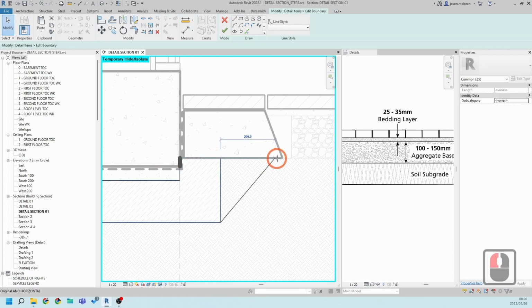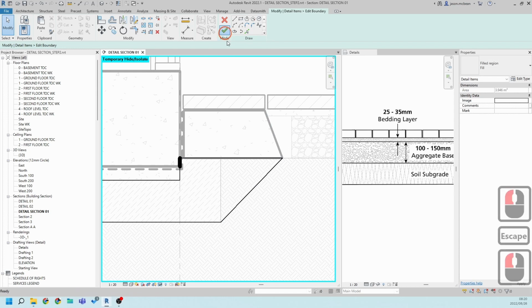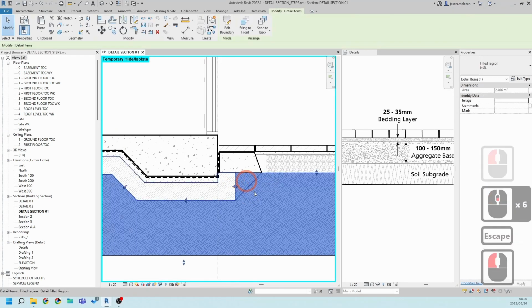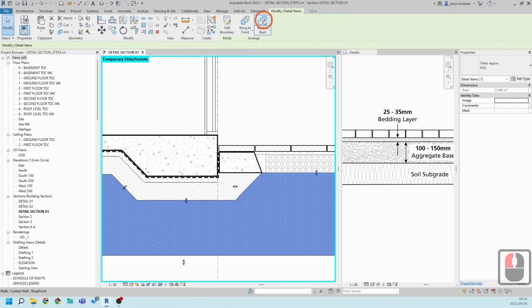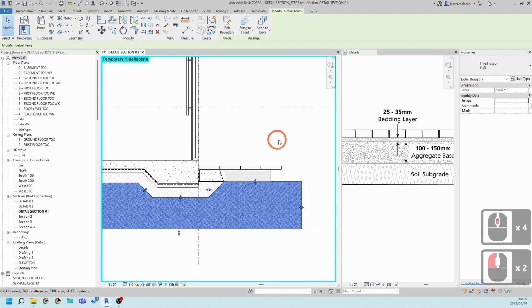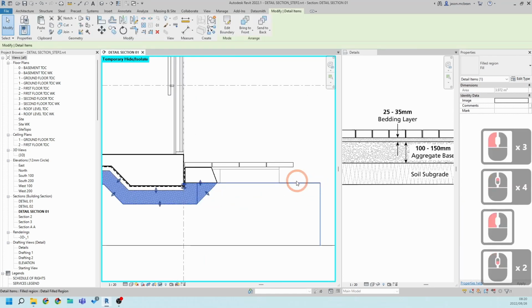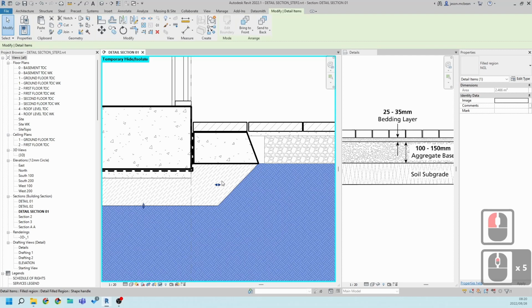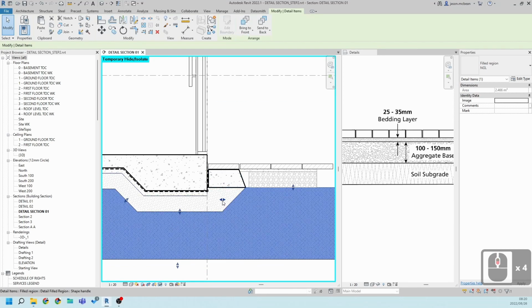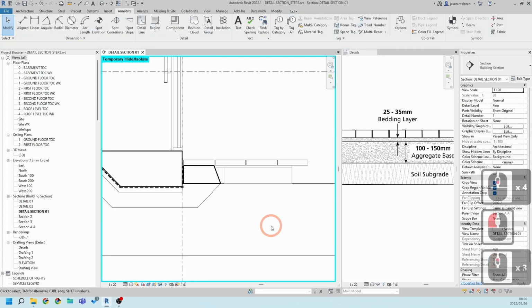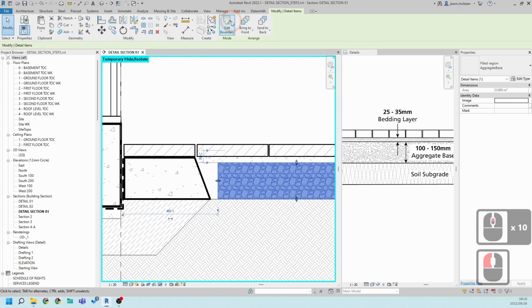And this will probably go to that line over there. Just remember, this one you're going to send to the back, send to back. So this hatch technically just sits at the back. So these hatches can sit over. So here, this doesn't really matter. Okay, so you can move these and put these in different locations, but as long as it starts to read well. Here, for example, this guy,